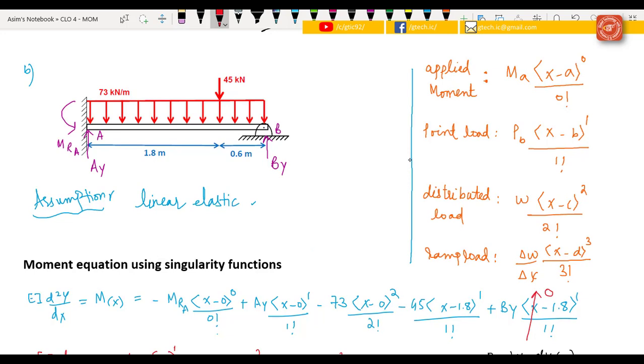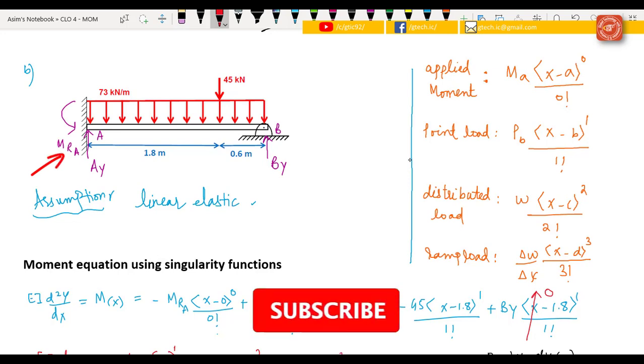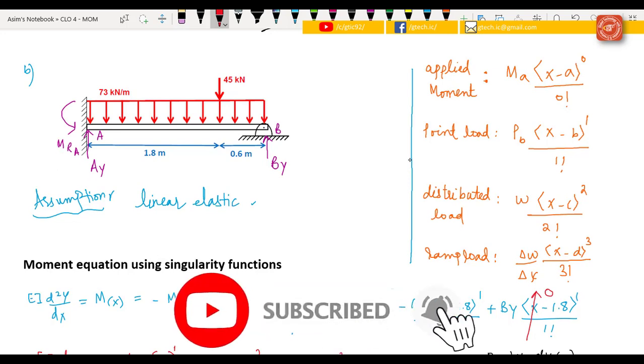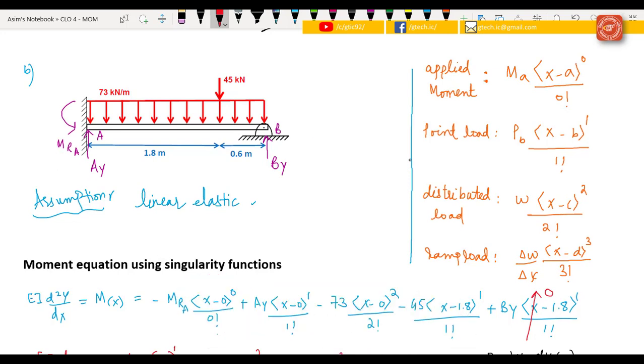As this reaction is moving upward, so we take it as positive, and the moment for anti-clockwise we take it as negative, and this reaction force is also moving upward, so we also take it as positive, and the singularity function form is here। Now you see कि हमने जब यहाँ पे कट किया था